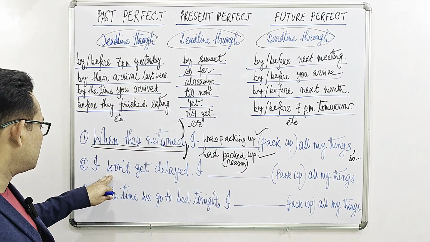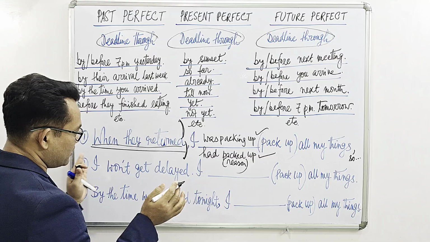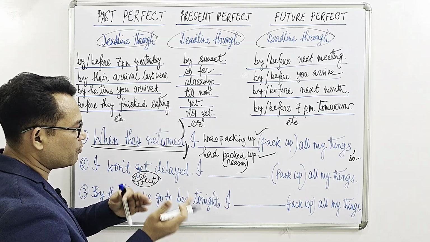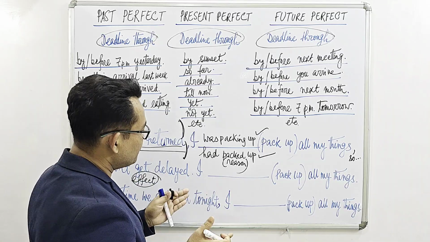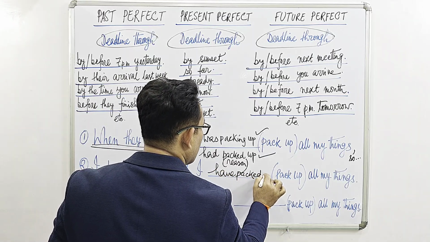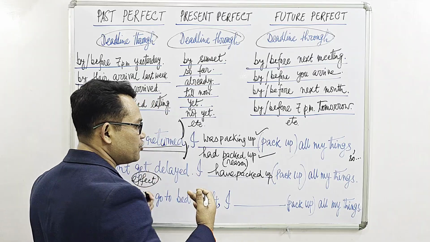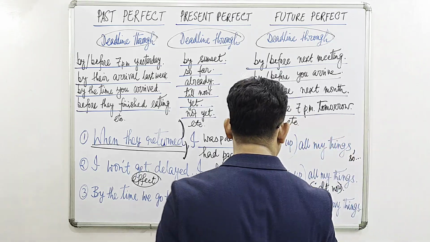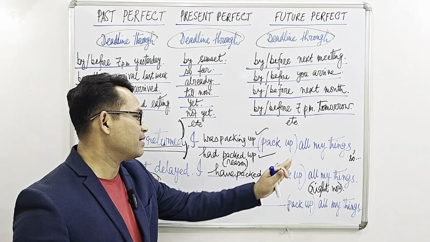Okay. Similarly, sentence number 2, I won't get delayed. I dash pack up all my things. Clearly, we get over here the sequence or combination of effect and cause. So this is the effect. And this effect will happen or will be there because of this reason. Since we have to provide or indicate the sense of reason, we have to use present perfect verb pattern over here. I have packed up all my things. In that case, we don't get any deadline directly, but it is assumed that the deadline is referred to in terms of right now. All right. So the sentence can be rewritten as, I won't get delayed because I have packed up all my things already